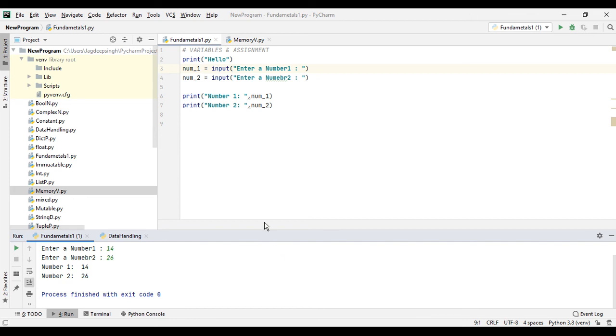So in this way you can get the value from the user and use those values in your program, calculate the final result and display the information to the user. We can take different values from the user in the form of different data types that we will discuss in our next session. What are the different data types which we can use in Python? Now you have to just try simple programs on your computer to take some value from the user and display the result to the user.